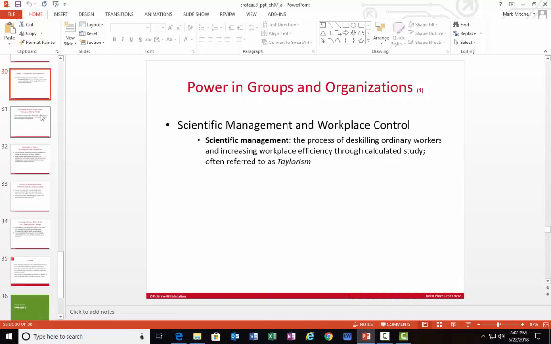Frederick Taylor's idea is mentioned next under this power in groups and organizations, but he is one of the fathers of scientific management, and that's just a precise calculation of everything that's done. He and Henry Ford, for example, did it in terms of factory work, but they wanted to cut out waste and inefficiency,